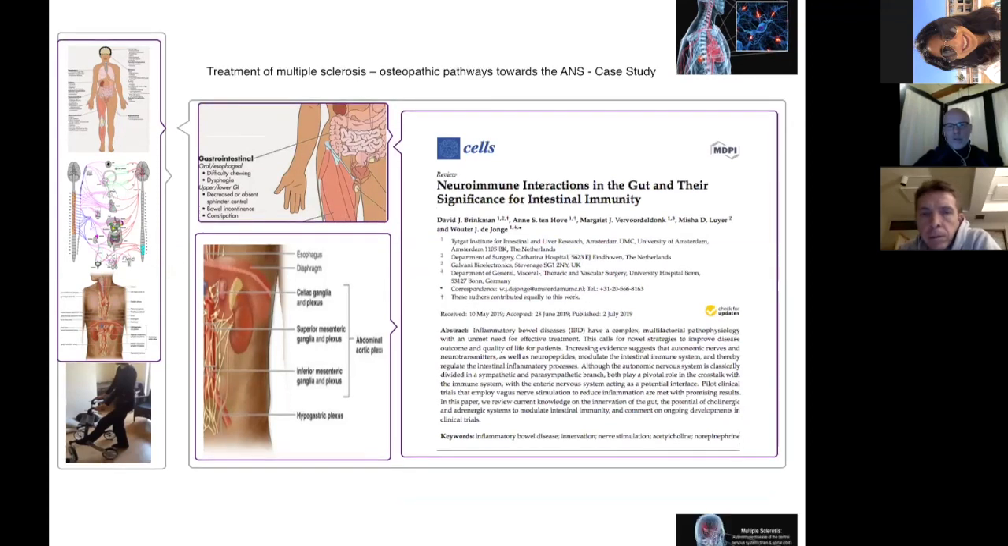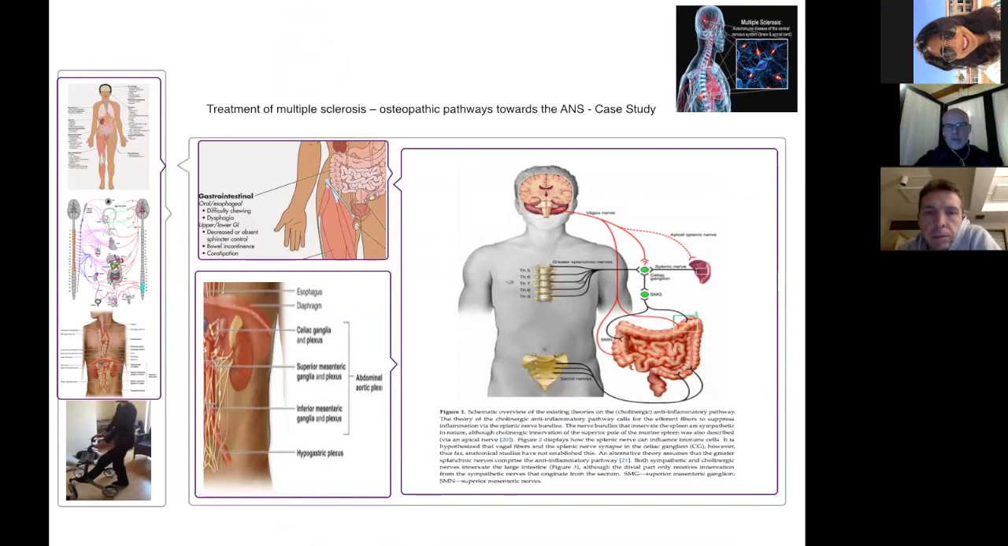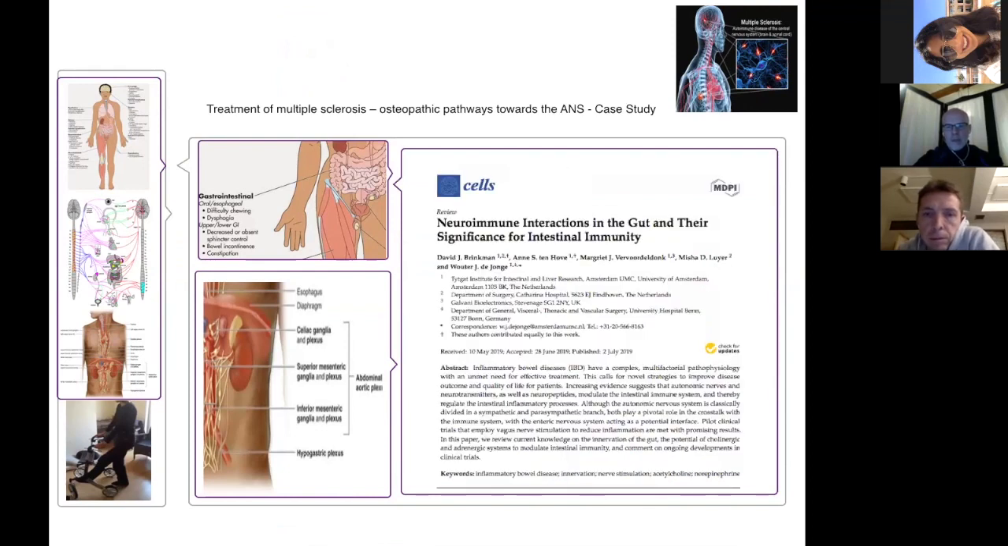I'm just going to hopefully get this to zoom in. Go back to that one. I don't know why that didn't zoom in. It should have done. So basically,